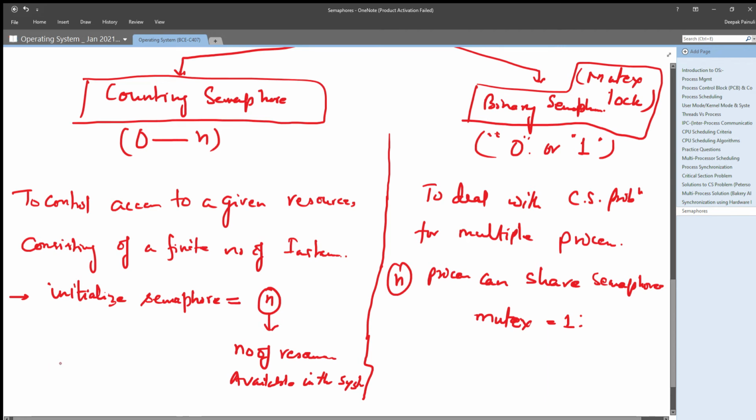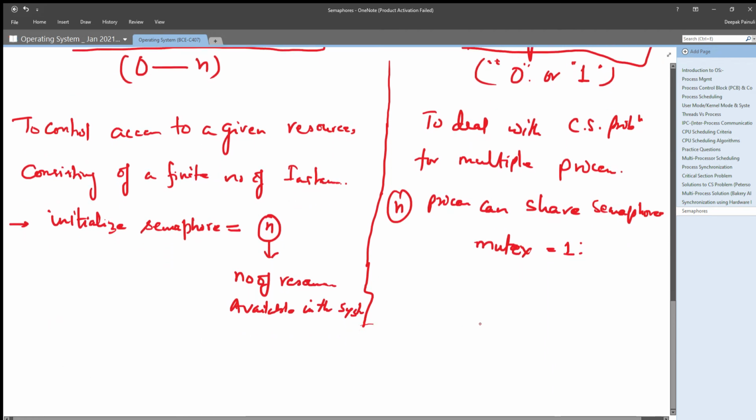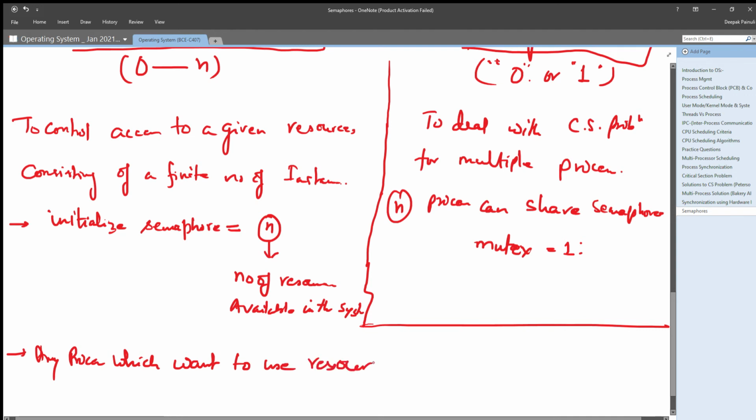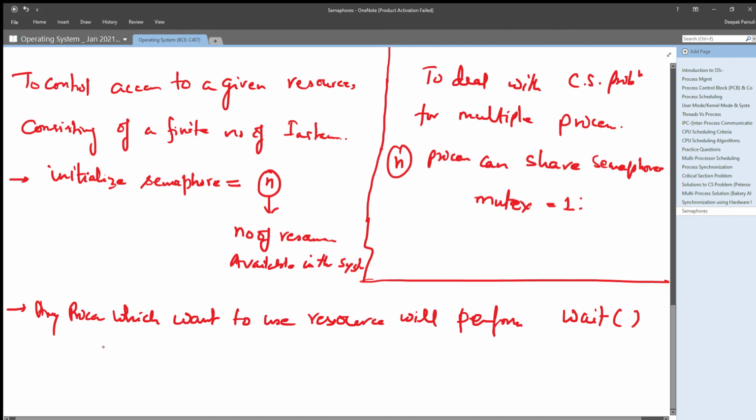And the rule is something like this: any process which wants to use the resource will perform a wait operation on the defined semaphore.